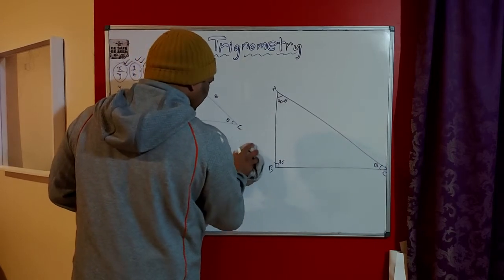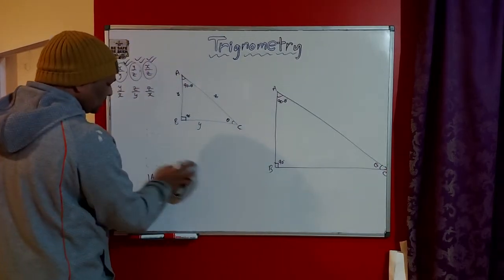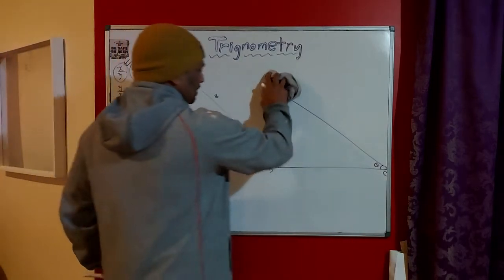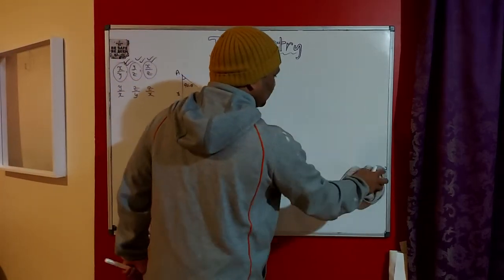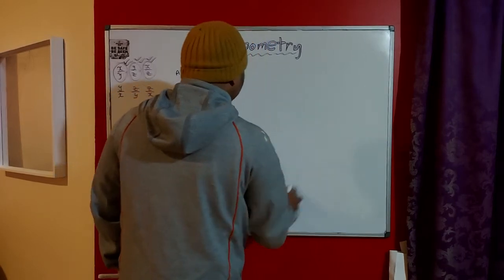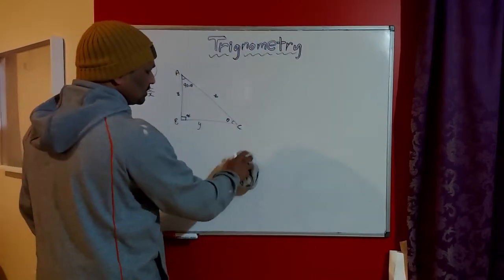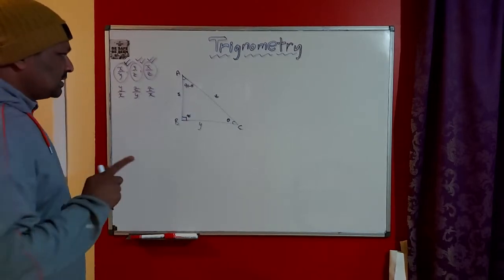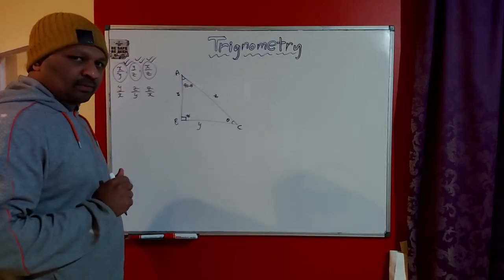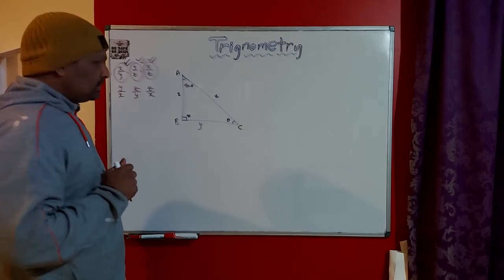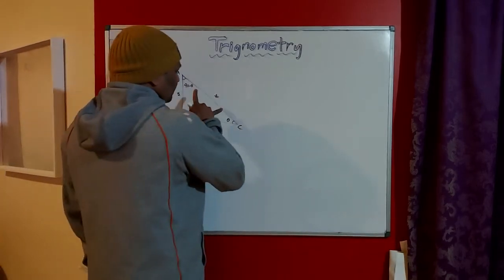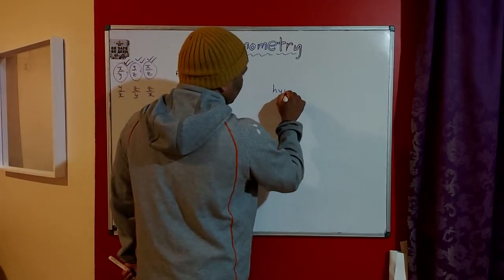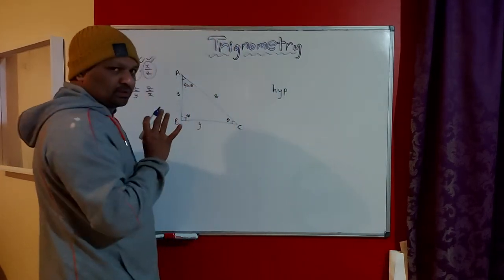So when it comes to a right angle triangle, there is also one important theorem that should strike everybody's mind, that is the Pythagoras theorem. Let's quickly discuss the Pythagoras theorem before we really go into trigonometric ratios. What is the Pythagoras theorem? It says in any right angle triangle, hypotenuse square. I am going to write hypo as a short name for hypotenuse.